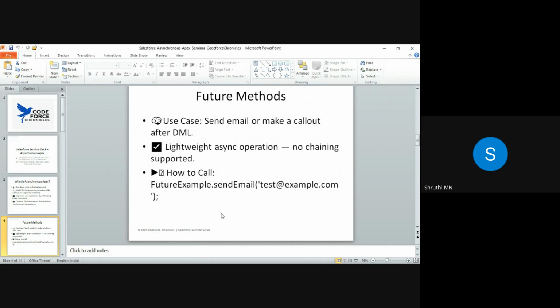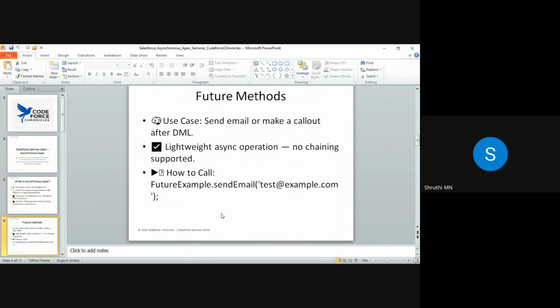Like, is this example which is quoted in our scenario, that is sending an email related to the asynchronous operation, your answer should be relatable. That is, future method is the example to send an email when we test it as a